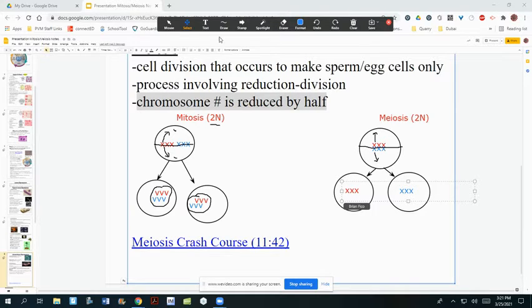So the cell has cyclins that we learned about that also tell it, hey, wait a minute, we're supposed to have separated these. So it's going to go through a second cell